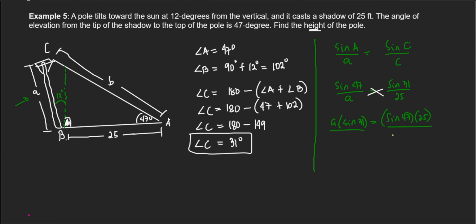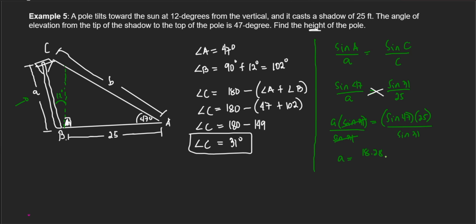Para ma-cancel out natin si sine 31, so you just have to divide both sides by sine 31. Here as well, sine 31. So this is cancelled out. So A na lang matira. So same pa din yung process. I-multiply lang po natin si sine 47 kay 25. So yung result natin will be